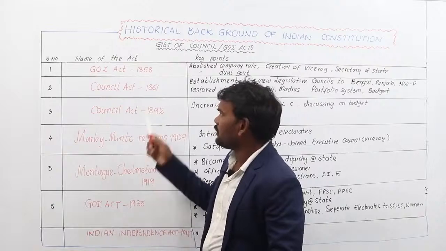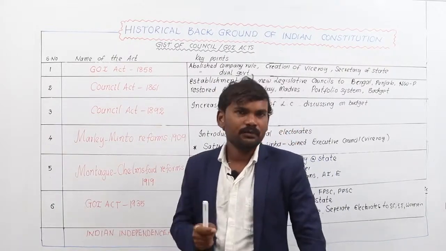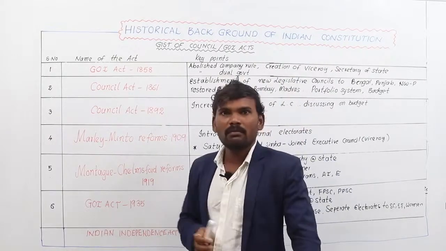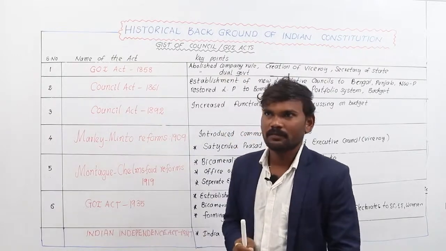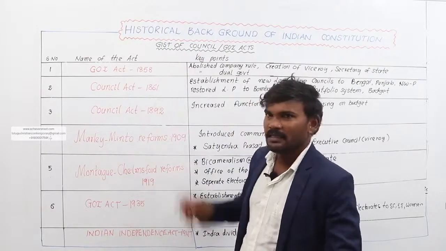Okay. Coming to the next one, Council Act 1861. By this act, the Raja of Benares, the Raja of Patiala, and Dinakar Rao, these 3 members were nominated to the Central Legislative Council as non-official members. So Indians were first nominated to the council. That's why it is called the Council Act 1861. The major key points of this act are: